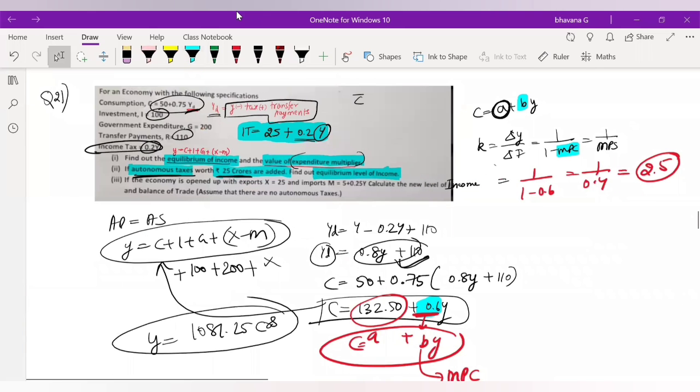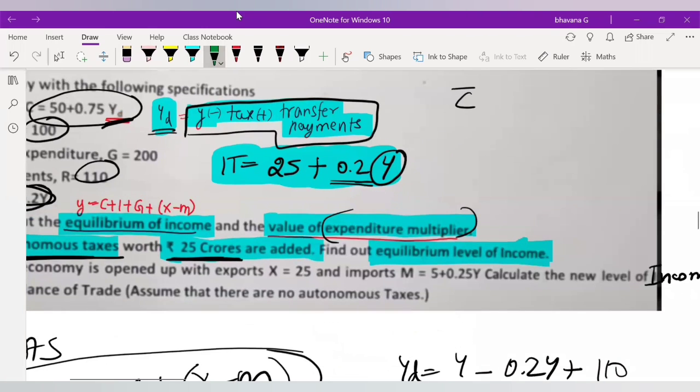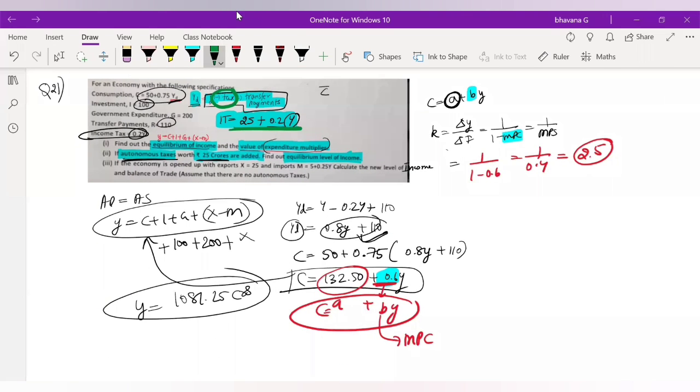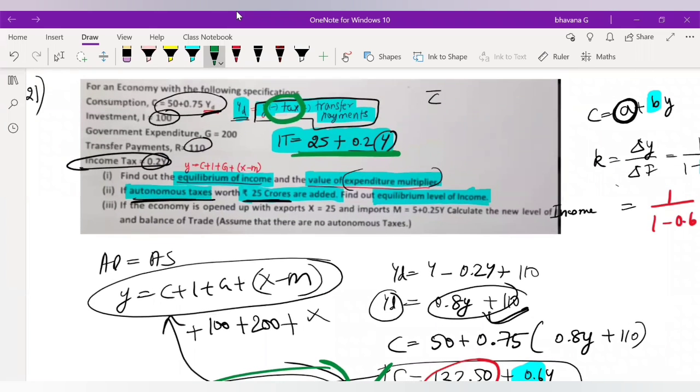So again, you have to start from the starting only. You have to start with YD equal to Y minus tax plus transfer payments. Here, in this minus tax, you will have to substitute the equation and do the working. In the same way as we did before, you will find your consumption function, then using that you will find your Y. All the same steps, only due to the change in tax your whole answer will change. I think you can do that by yourself; I don't need to do it again now.